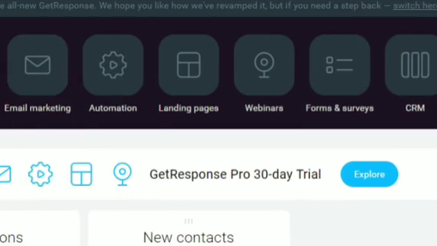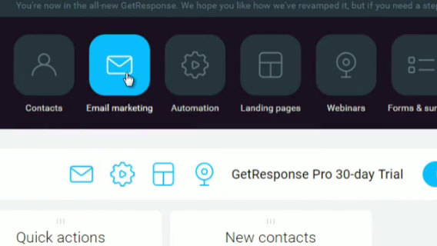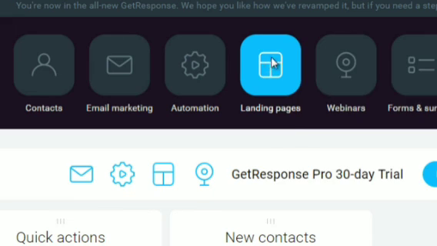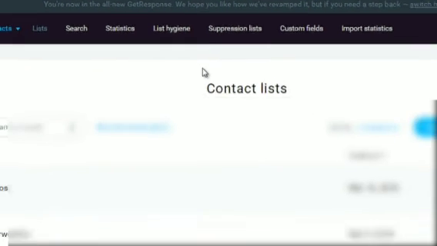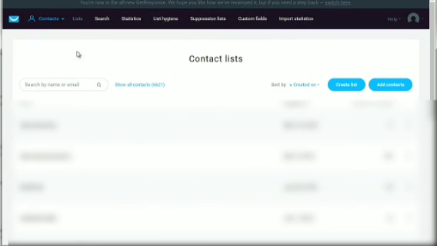So let me go ahead and open these up so you can get a feel for what these are. So this one right here is the contacts. When you click that, you're going to see lists, which are the different lists that you can create for your individual products. You could create a customer list for one product and then maybe a prospect list for that product as well.